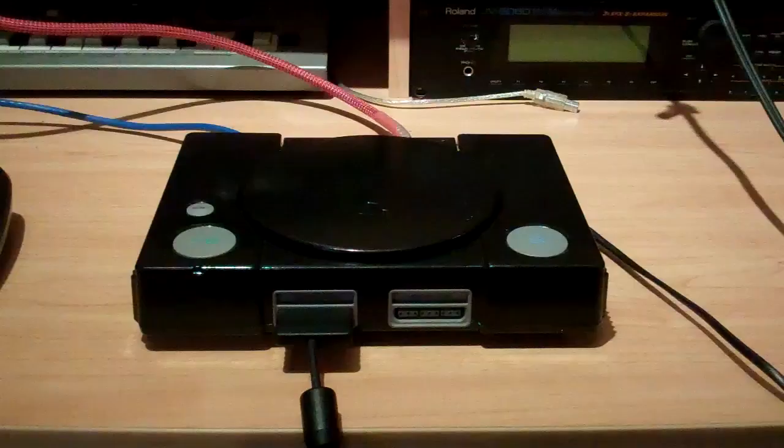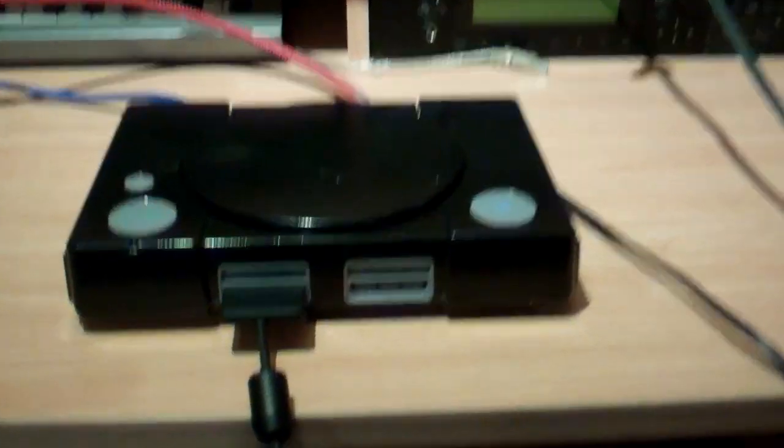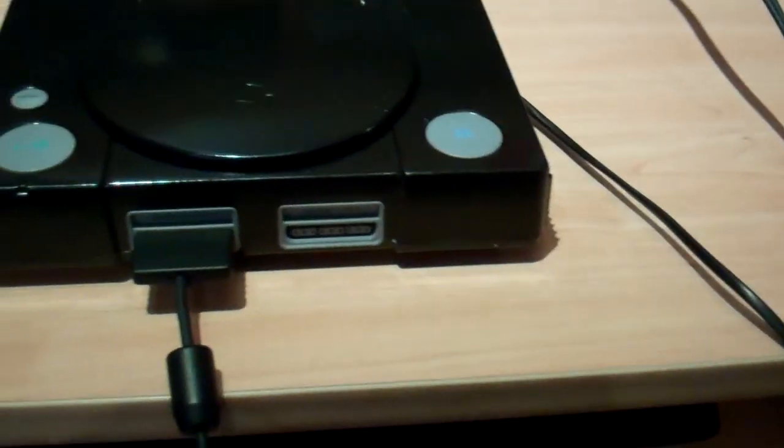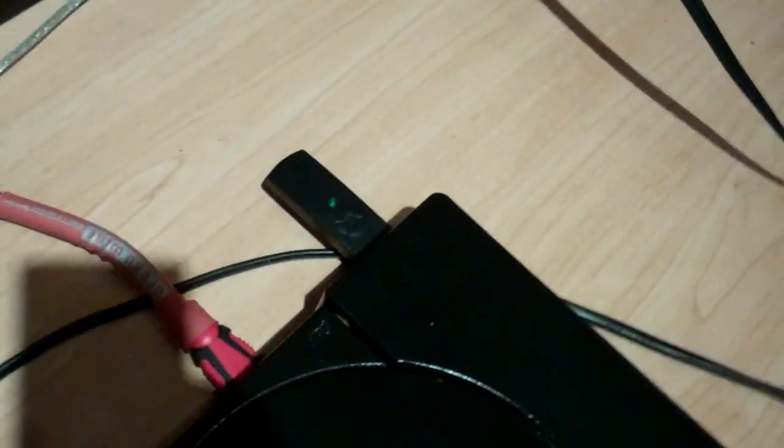Excellent. Alright. Okay, so here we are back again. I've got the Raspberry Pi all hooked up now. I've got this plugged in to my PlayStation controller. And something I didn't mention before is I've got this